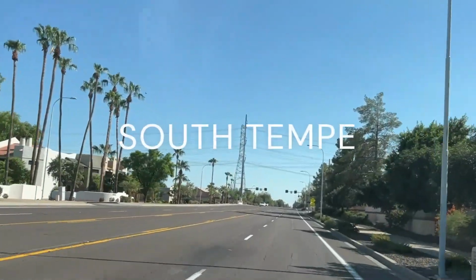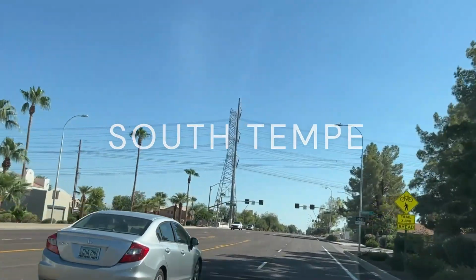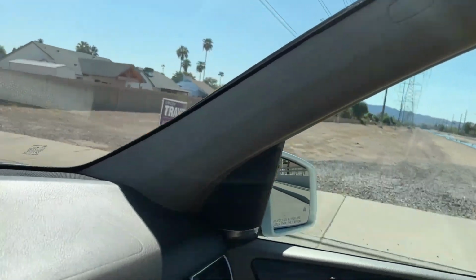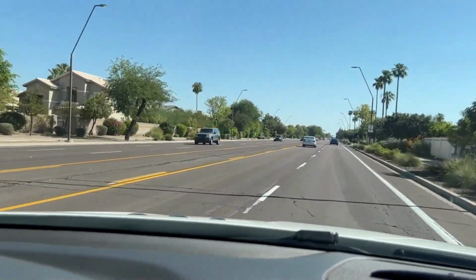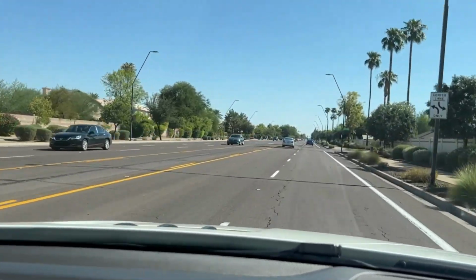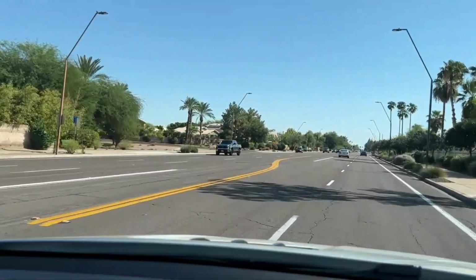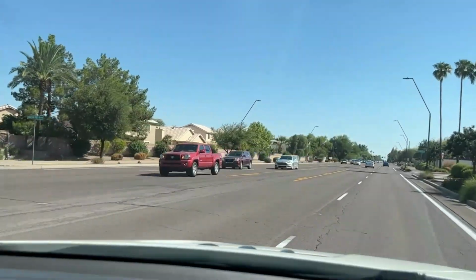Today we are in South Tempe, Arizona, and we're about to go across the canal. I'm going to turn my camera. Let's see. I want to be safe. You'll see the Tempe Canal there, and the big power lines go along the canal, but a lot of people like to ride their bikes. Sometimes you'll see people on horseback riding along there,